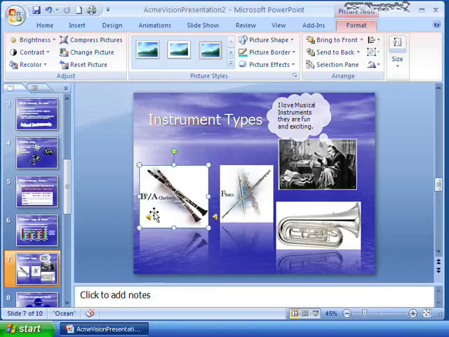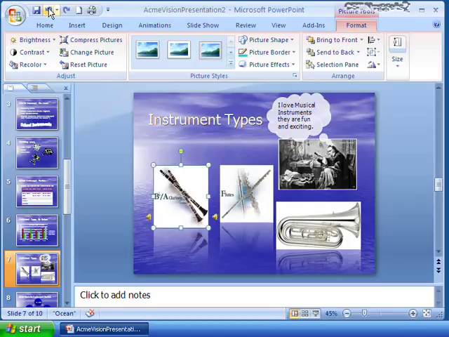Now that's a way that we can do this, where we use the handles, and sometimes people like to eyeball, as we like to say, use your eyes only to view this. But sometimes you need to be exact, and you need to use exact measurements to make sure that it fits. So I'm going to click undo a couple times so we bring it back to the